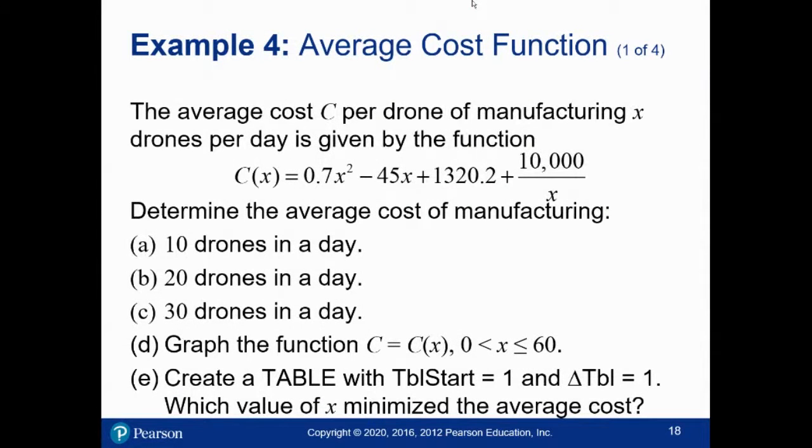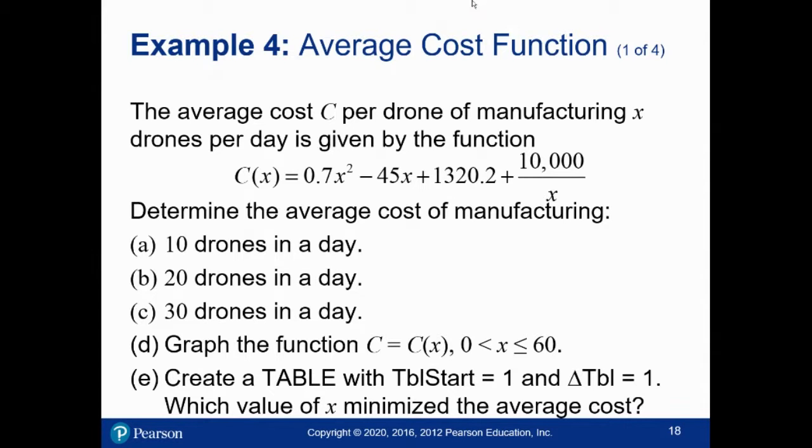Okay, last example. Find the average cost. The average cost function is given. So C of x, if x drones are manufactured per day, the average cost is 0.7x squared minus 45x plus 1,320.2 plus 10,000 over x. So determine the average cost of manufacturing 10 drones, 20 drones, 30 drones. Graph the function where x goes from 0 to 60,